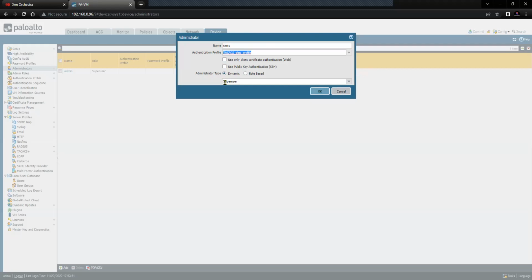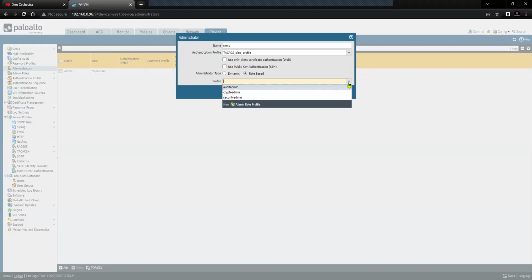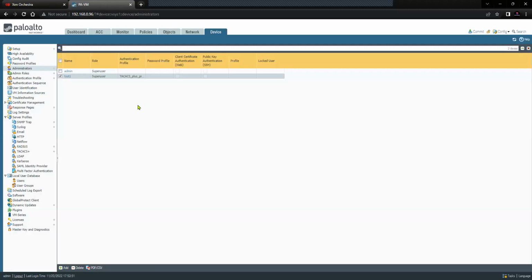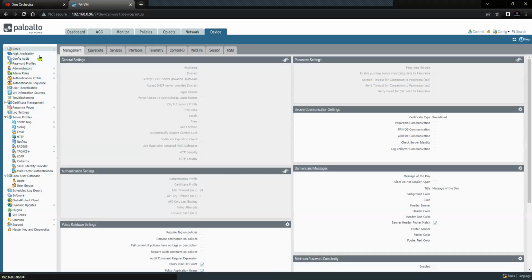And you can select the administrator type. In my case, I'm selecting it as super user, but you can click on role based and you can create your own role based profile, or you can use the default one. So I'm going with dynamic. I'm using the super user. Click OK. Now that we have the TACACS Plus user created, the next step is to click on setup